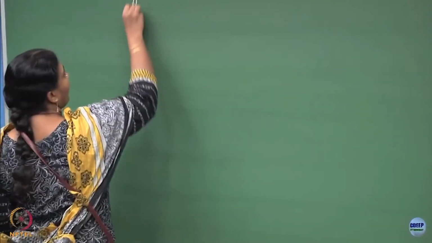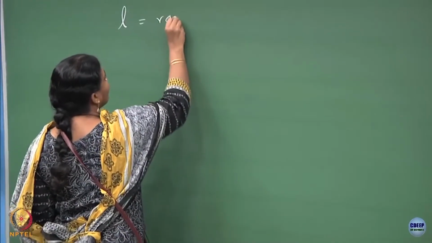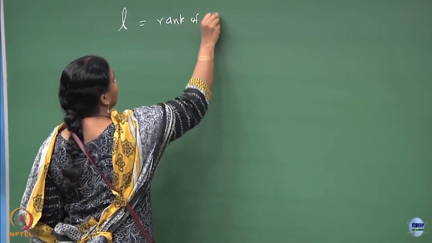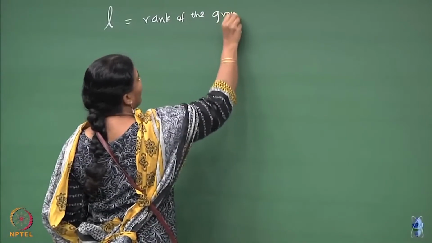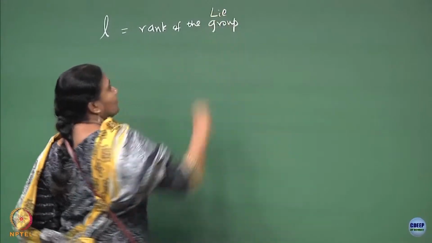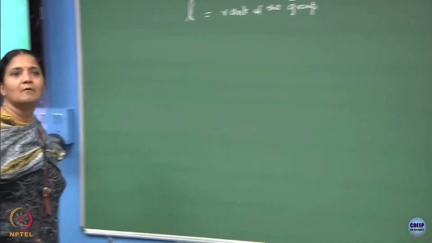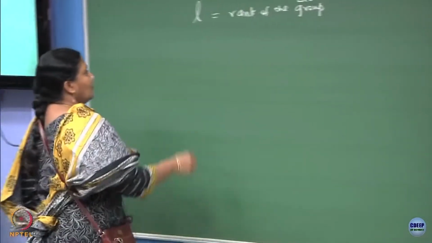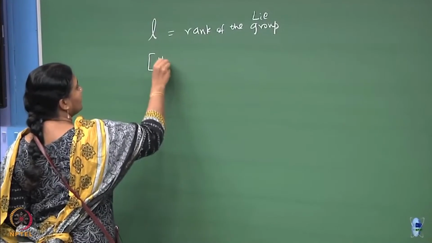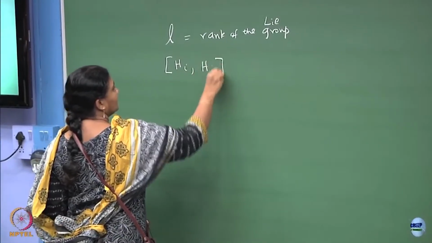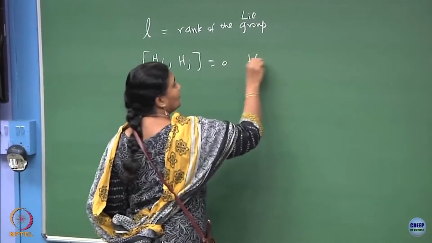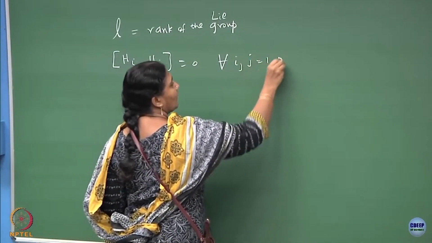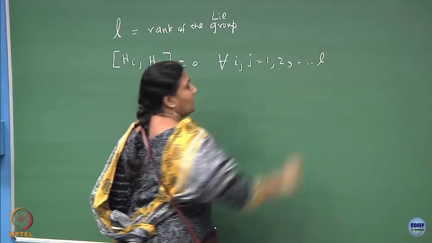So, essentially I was trying to tell you that you have L, which is denoting the rank of the group, to be specific the rank of the Lie group, okay. And then you have those generators which I call Hi, Hj, which commute, that is [Hi, Hj] will be 0 for all i and j, which is 1 to L,